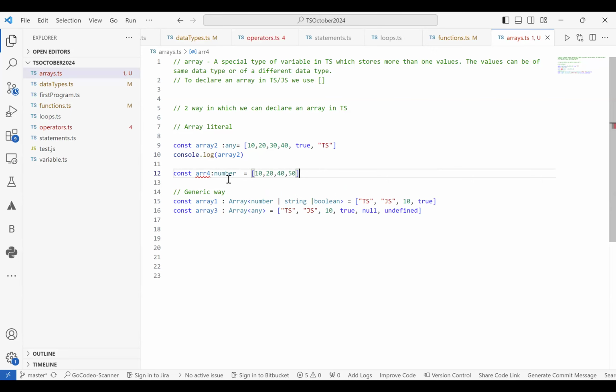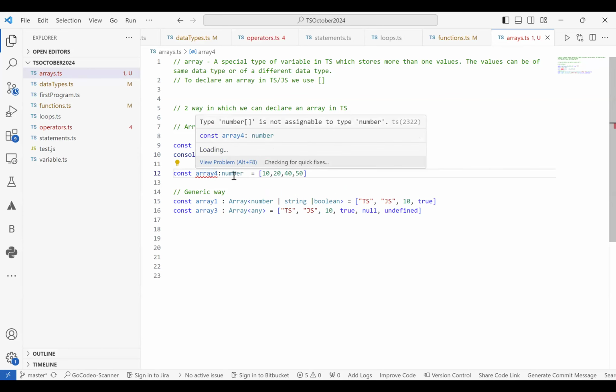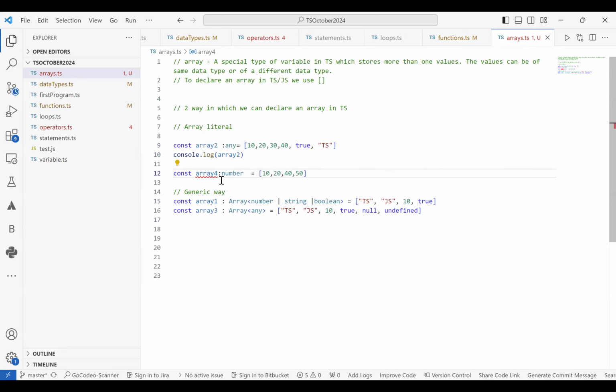So here, what we did is we have created a variable known as array4 or array5, and we have made it a specific type, which is the data type number, and whenever we provide numbers over here, we'll only be able to store numerical values